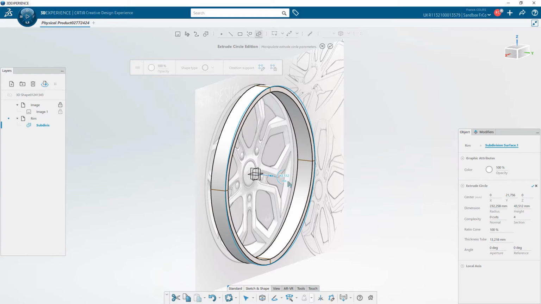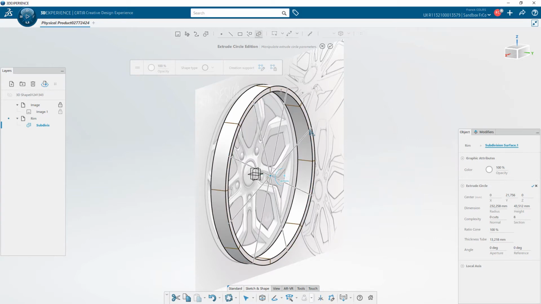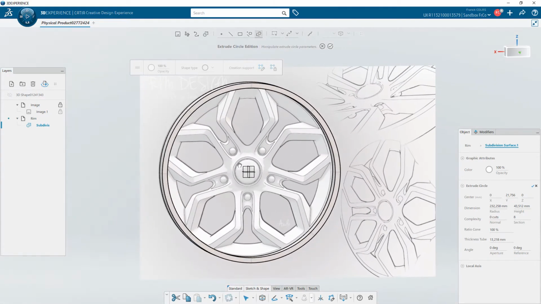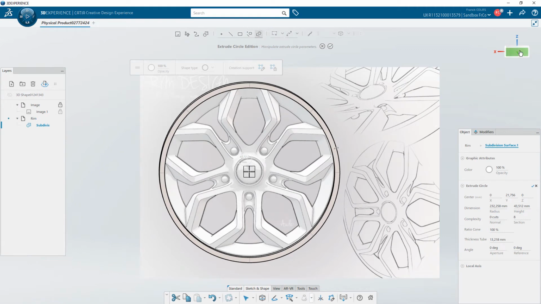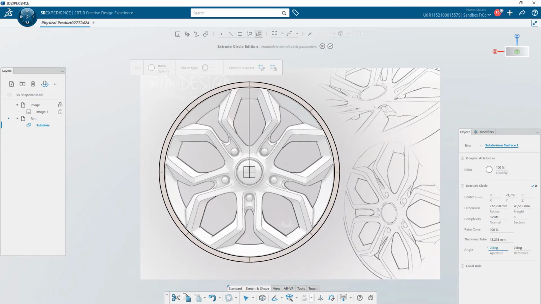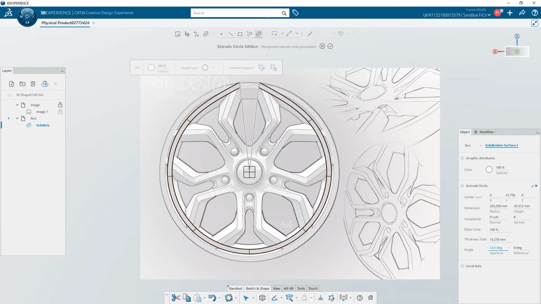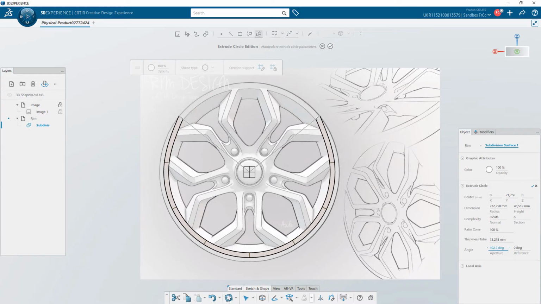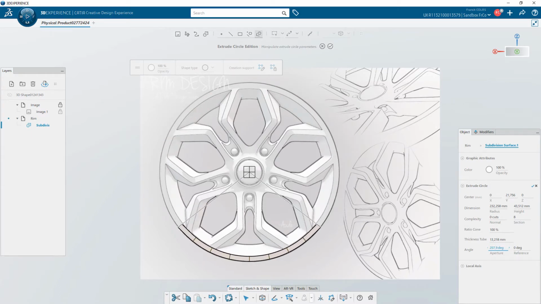Change the point of view. Click on the manipulator on the center of the circle to change the height of this advanced primitive. By clicking on the thickness of the tube, I change the number of sections. As I don't need the whole tube, I decide to keep only a part of the circle by editing the value reference and aperture directly in the object panel.